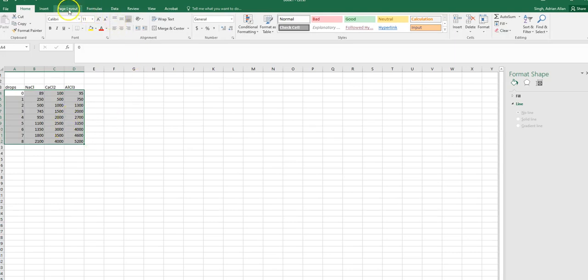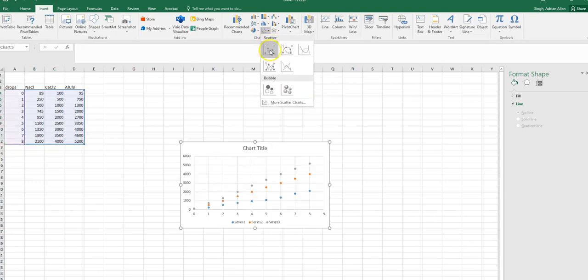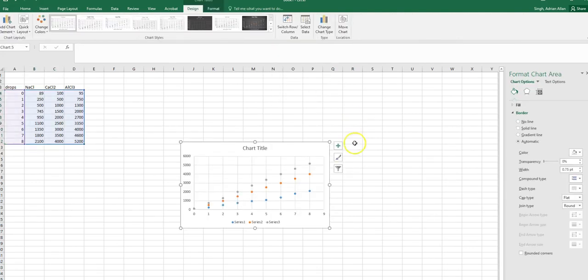And then I'm going to go up to the top of the screen and select Insert and scroll over to the Charts subcategory. I'm going to click on the one here with the dots. It says Insert Scatter or Bubble Chart. I click on the down arrow and I'm going to hover over the scatter plot and click on it, and automatically it's going to populate it with a plot of all that data, color-coded according to the three different categories